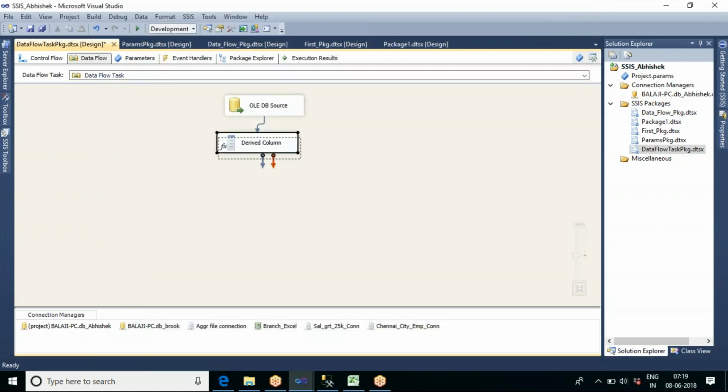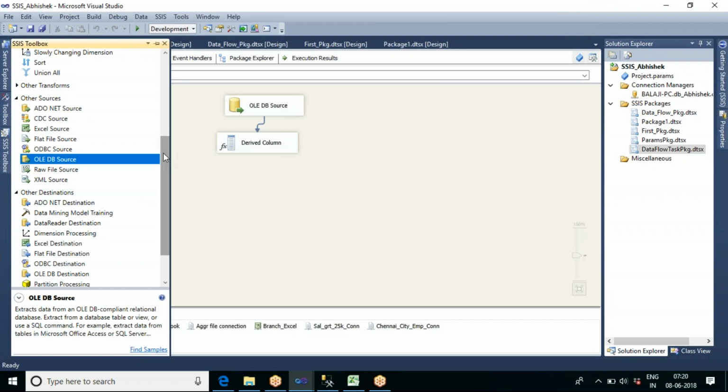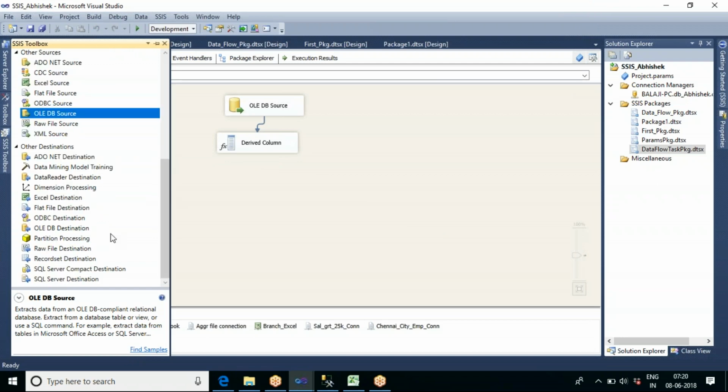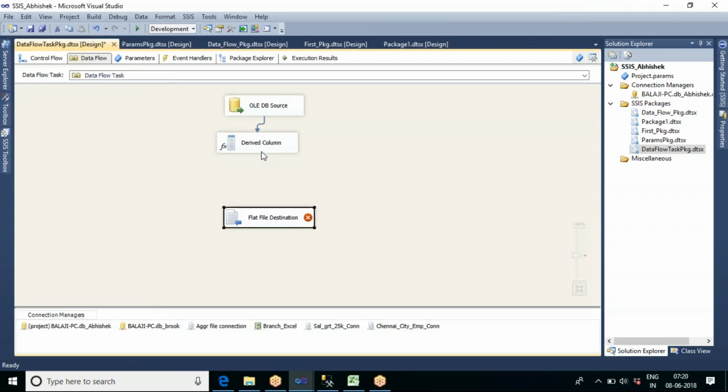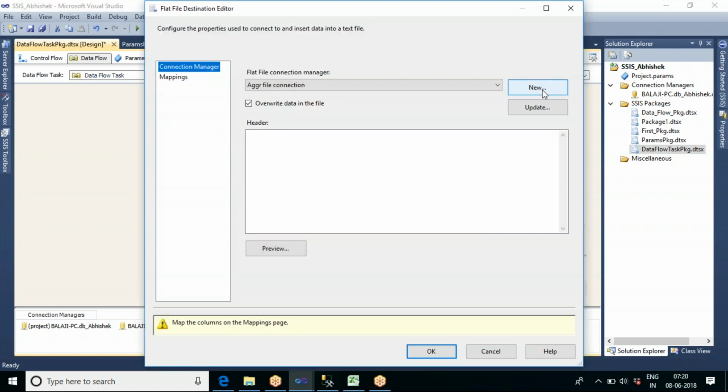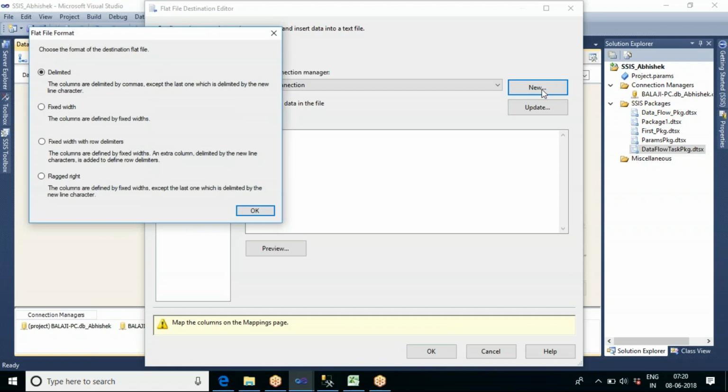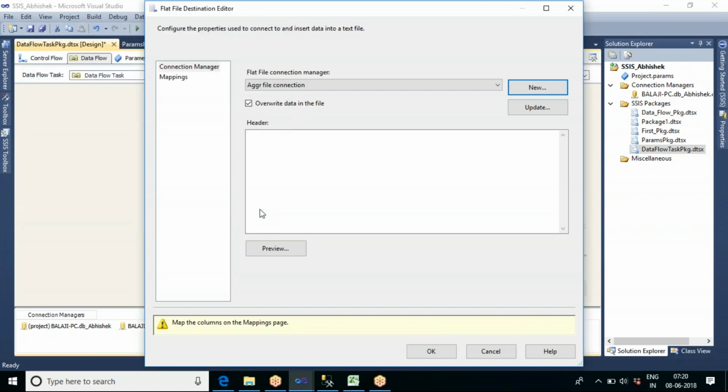Now if I just want to push the data into any one of the destinations, let us go for flat file destination. Let me create a new one with a delimiter.